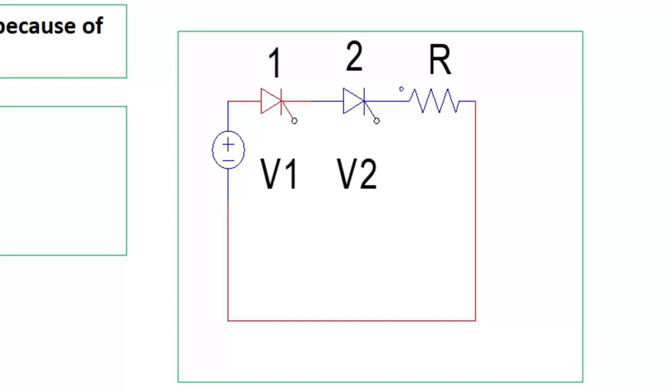So the voltage shared by the SCRs will not be the same. It will not be equally divided among the two SCRs. If a 100 volt supply is given across the two SCRs, then 50 volt is not shared by thyristor number 1 and thyristor number 2. Then one of the SCRs may be fully utilized and the other SCR is underutilized. So this is one of the major issues in connecting SCRs in series. This issue we will solve in today's class.